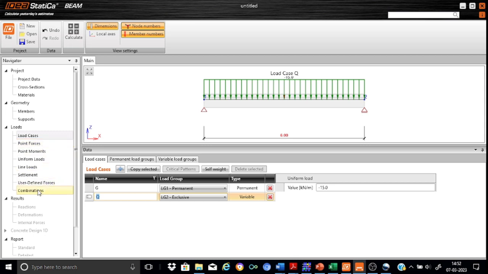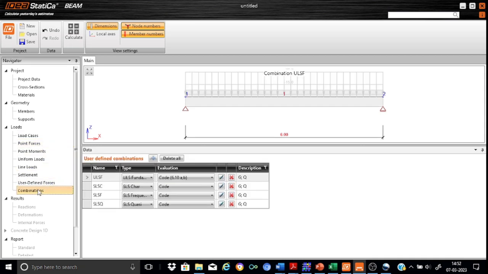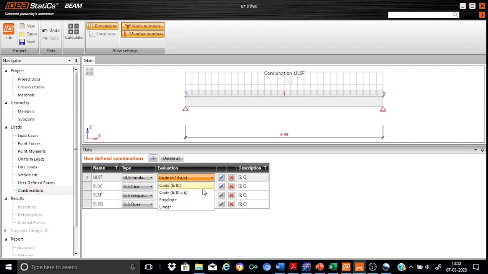If you go into the combination, you can see that we have basically one combination for the ULS and three combinations for the SLS, as already explained. And here, the Idea Statica beam module provides you the facility to choose either equation 6.10a/b or directly 6.10. I will use code equation 6.10 of EC0 for the formulation of the load combination